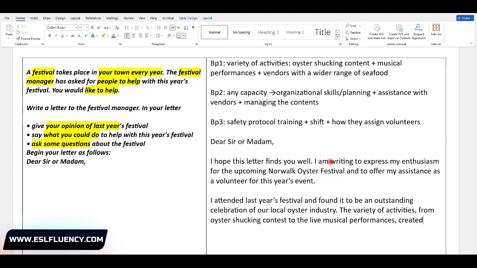Okay, created an enjoyable atmosphere for all attendees. These were fun activities. People had fun, people danced, people sung and did contest.